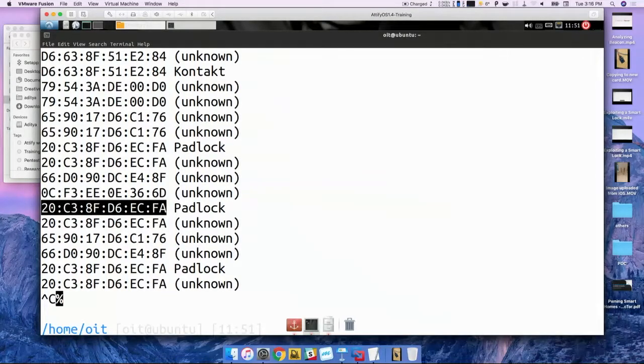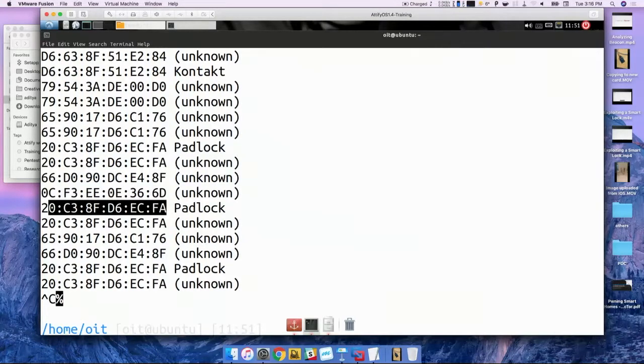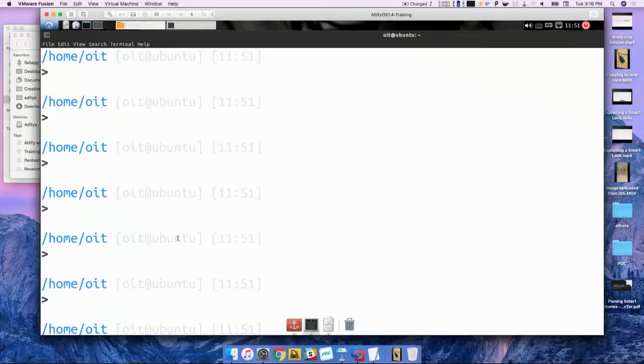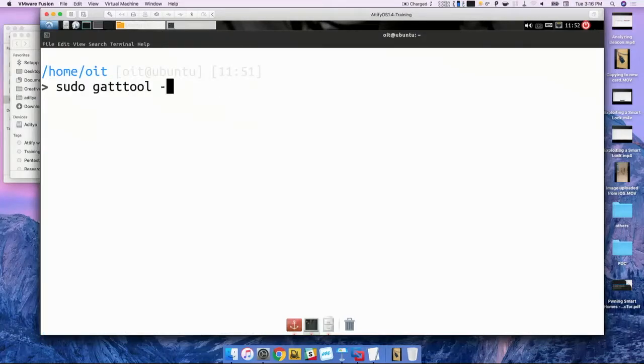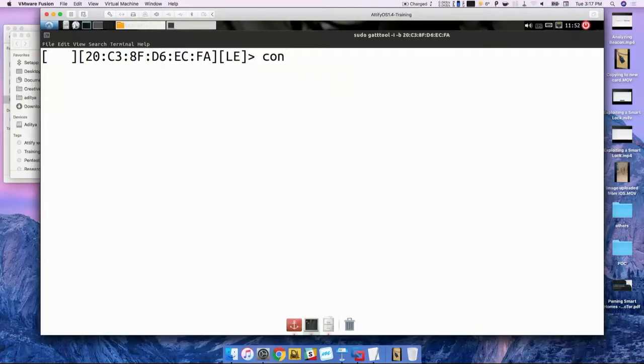Once you know the Bluetooth address, 20 C3 8F D6 EC FA, let's see if we can actually connect.